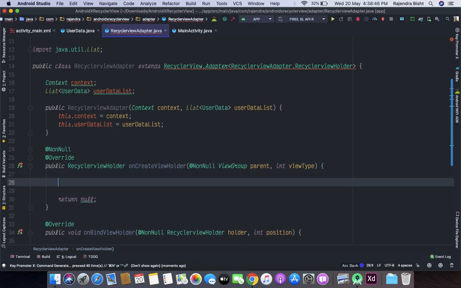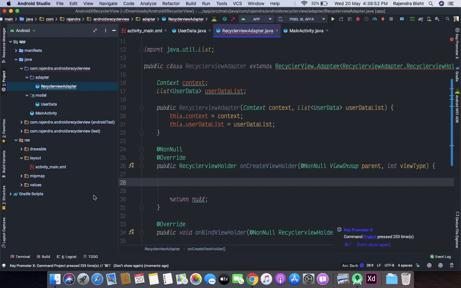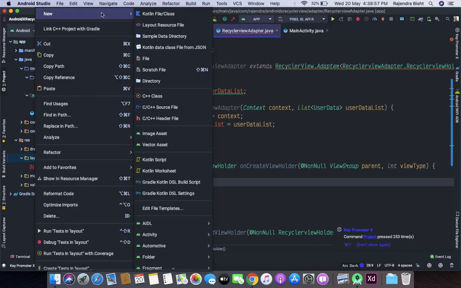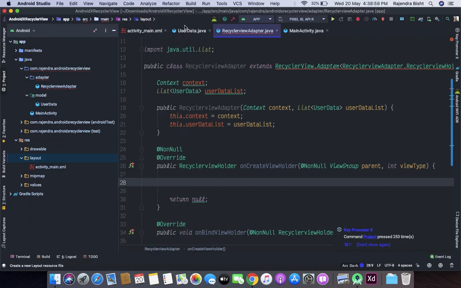So first of all we need to create a RecyclerView row item layout file. So let's create a layout resource file.